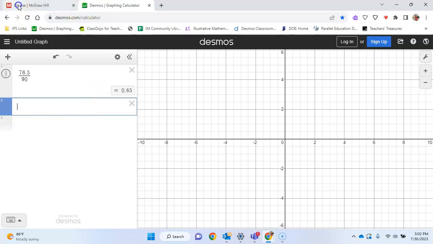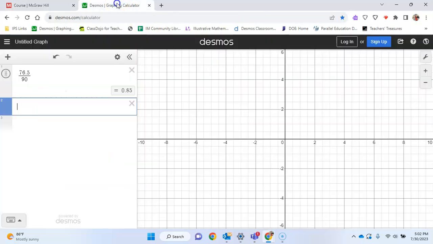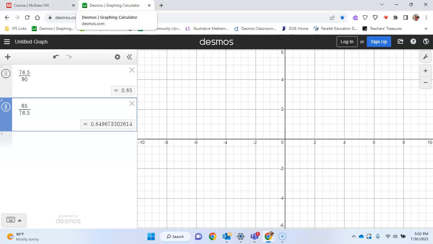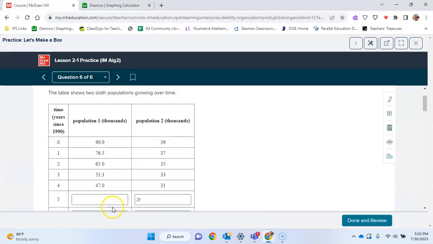Let's look at the second one just to be sure. 65 divided by 76.5. Also about 85%. 100 minus 85% means it decreased by 15%